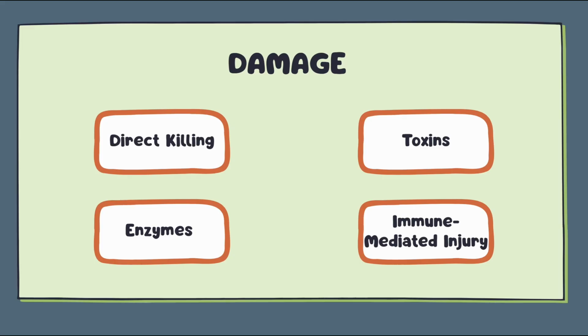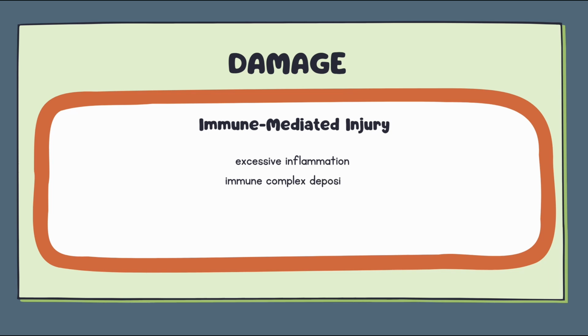Now, the fourth and final mechanism to cause damage is immune-mediated injury. Now, in some cases, the tissue damage is not caused by the pathogen itself, but actually by our immune response. In the effort that the immune system is trying to make to defend our body, it can actually cause harm